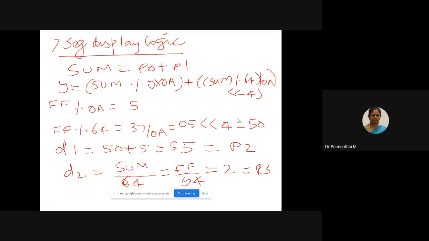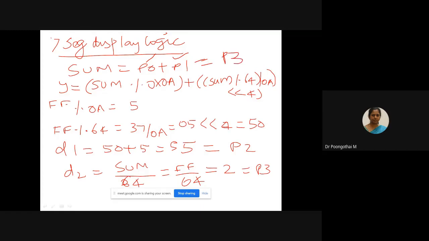So we can do the conversion from hexadecimal to binary coded decimal in two ways. This is the first method. According to your problem statement, we are going to add the content of P0 and P1, and the sum should be stored in P3.